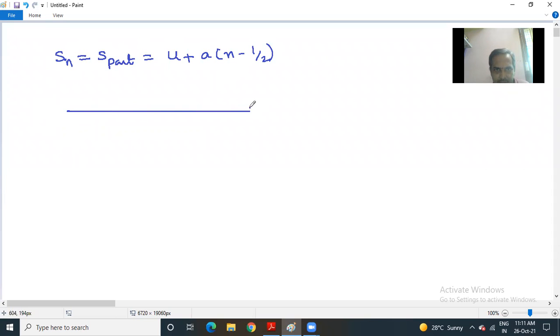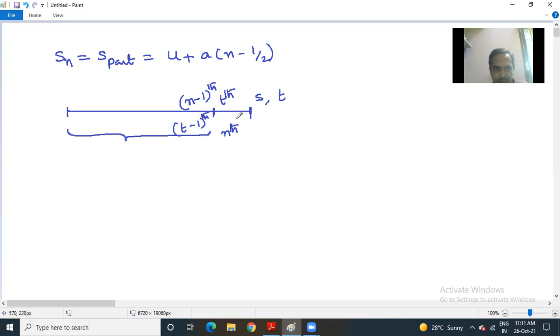Suppose let us say this is the total distance covered in n seconds, or you can call it t seconds. Then suppose let us say this is the last second. So nth second, or you can also write it as the tth second. If you want to find out the distance traveled by the body in the nth second, you have to neglect the one just before it, the last but one, which will be the n minus 1th second, or t minus 1th second.